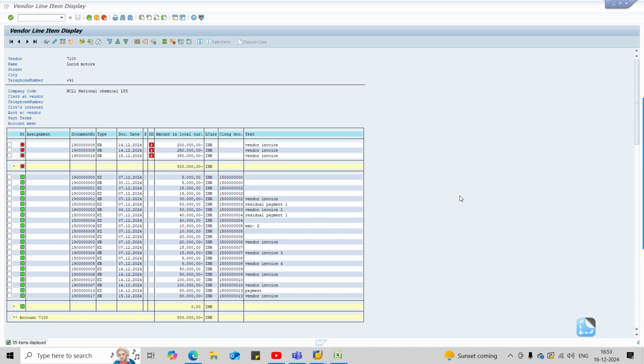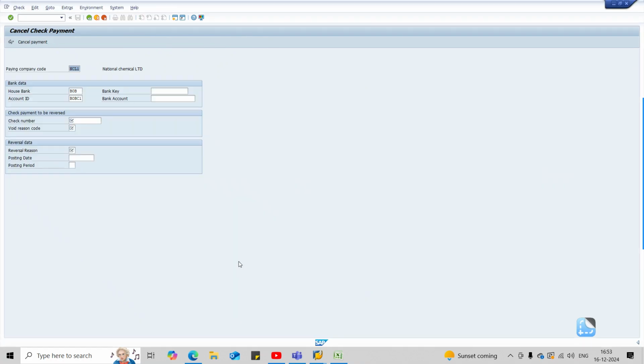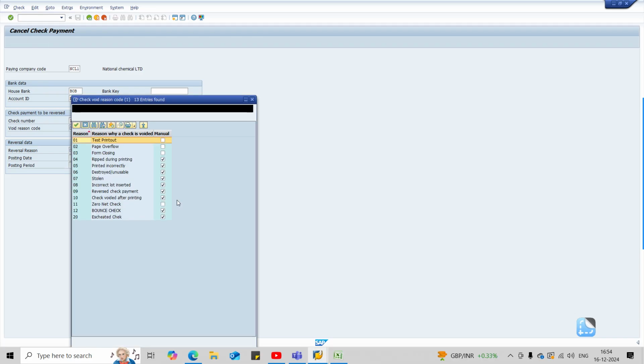Okay, so for this the T-code is FCH8, and let's take this document number only for 80,000 KZ. हाउस बैंक, चेक नंबर हमारा क्या था, 120021। हमारा रीजन कोड, हम क्यों चेक पे टू बी रिवर्स करेंगे? सपोज आपके बैंक में उतना फंड नहीं है और वेंडर ने चेक डाला होगा बैंक में और वो बाउंस हो गया, तो इस केस में पूरी एंट्री रिवर्स होगी, चेक भी नया इशू करना पड़ेगा। चेक बाउंस।